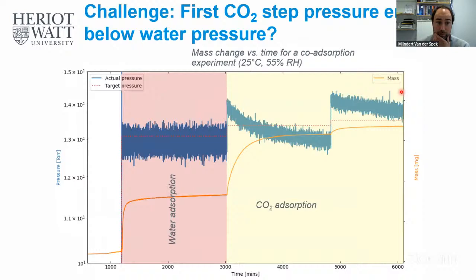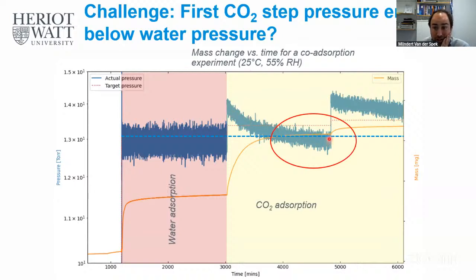This was also a nice one. What we see here is, again, we adsorb water first to saturate the material, and then we start pulsing in CO2. So you see here this very nice water adsorption curve, very nice CO2 adsorption curve. But if we now look up closely, what we see here is that this was the target pressure of the water and also the average pressure of the water. It doesn't quite look like it, but it's about the average pressure of the water that we got into the system. And what we also see is that this downward trend here, this was CO2 pressure, and it actually goes